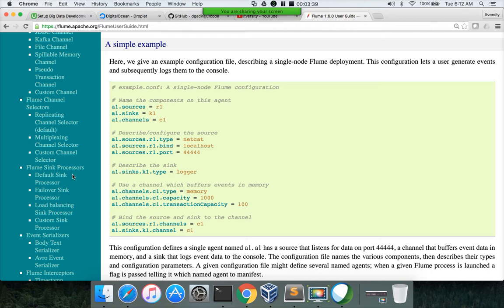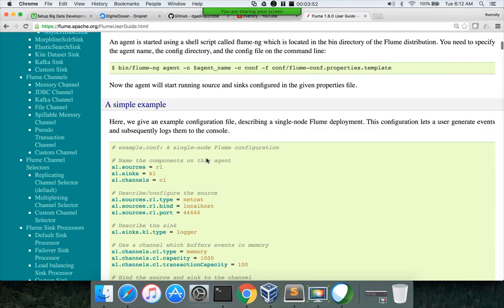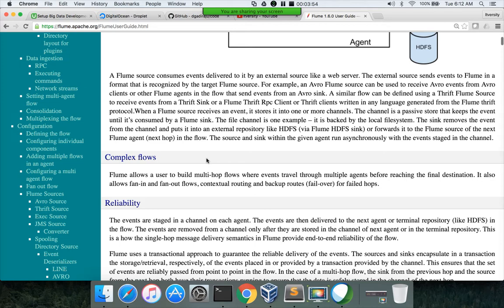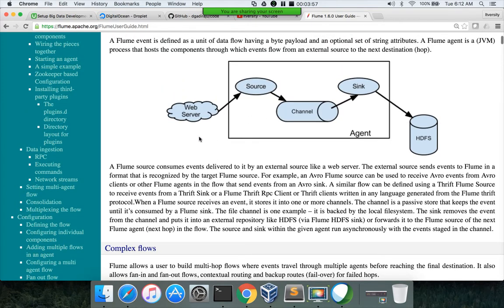Now when you have Flume installed, you will just have the Flume binaries. These Flume binaries have to be there wherever you want to run Flume. It could be on the gateway node where it has access to the source web server. It could be on the source web server, and when it is on the source web server, that has to be designated as a client. Then only it can get the data from the web server and push it into Hadoop.